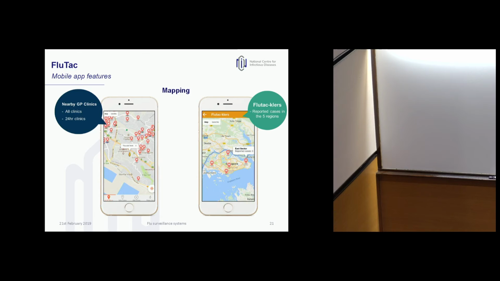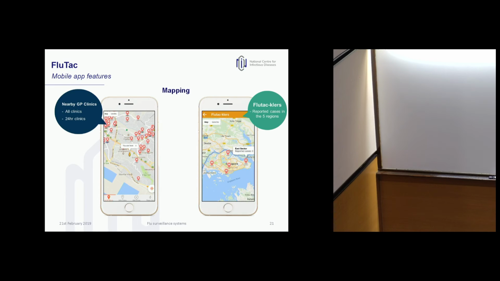And what we have now is, when you report positive, we show you where you are now and where the nearest GP clinics are. If you click onto each of these buttons, it will show you the opening hours and the phone number to call to make an appointment. We wanted it to be a little more interactive, such that people will not just see it as us trying to get data from them, but also benefit from being part of this study.